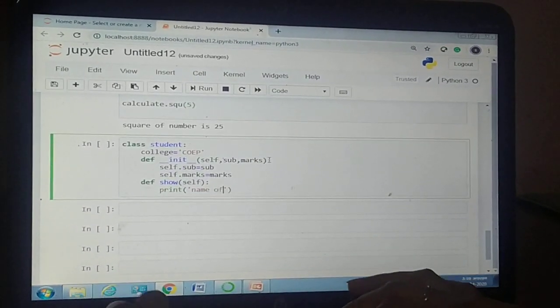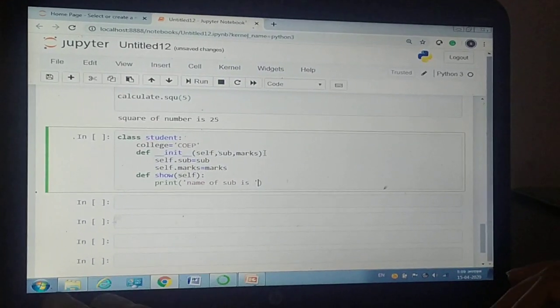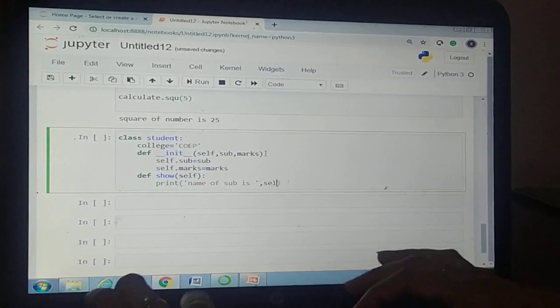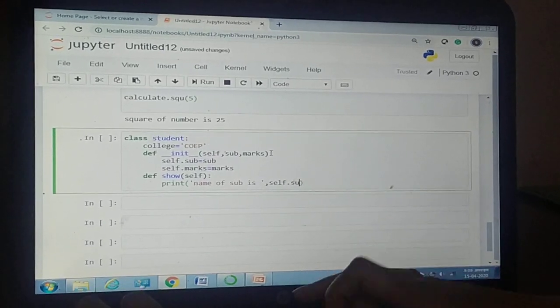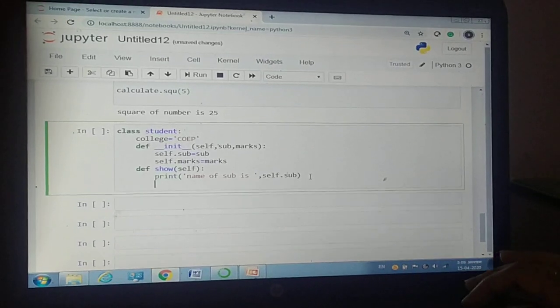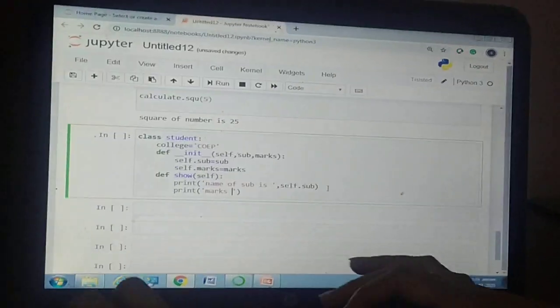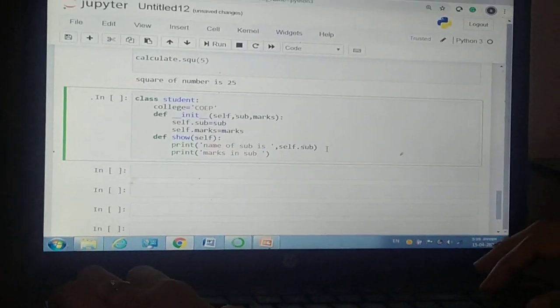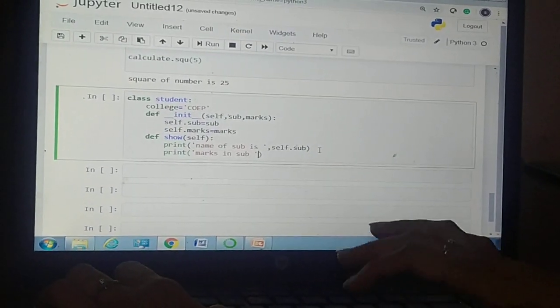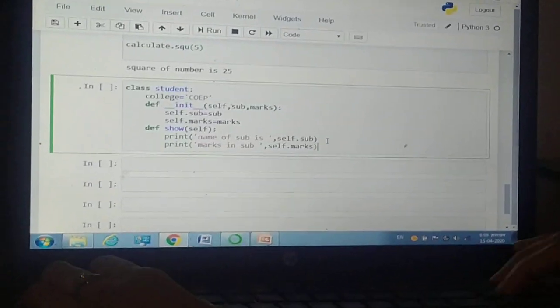name of subject is self dot sub, and print marks in subject, comma self dot marks.